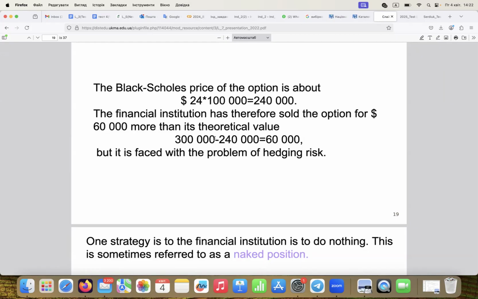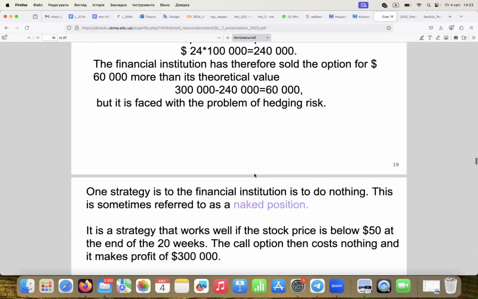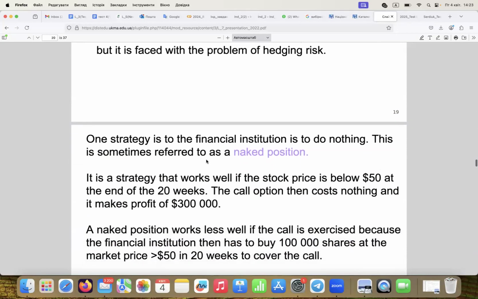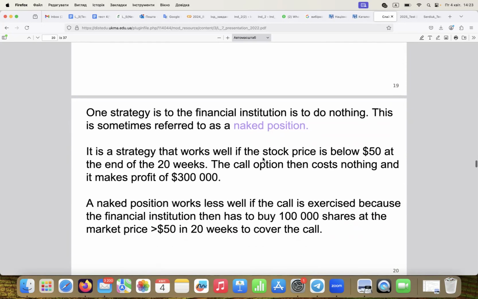It is a difference, and it's good for us if we sold all this. But okay, now our strategy is to do nothing. It is a naked position. Do nothing. So in option trading, we do nothing, only sell the call option. And now we need to